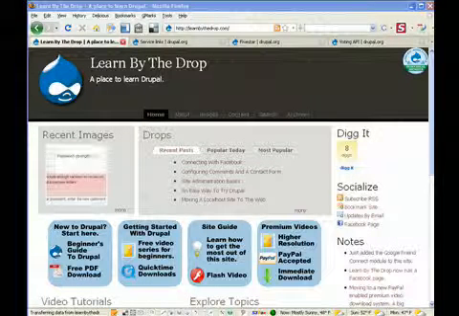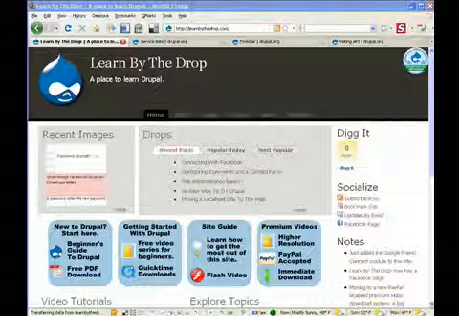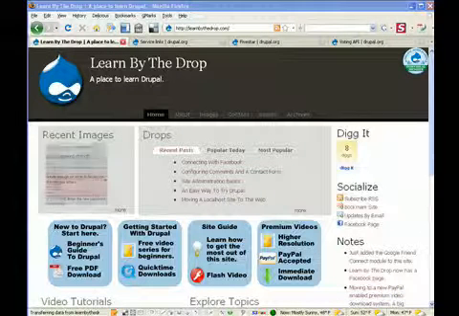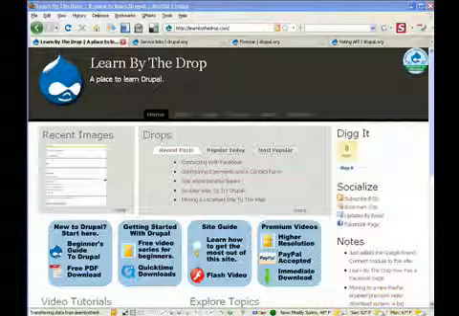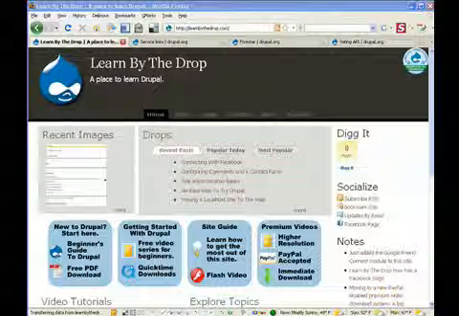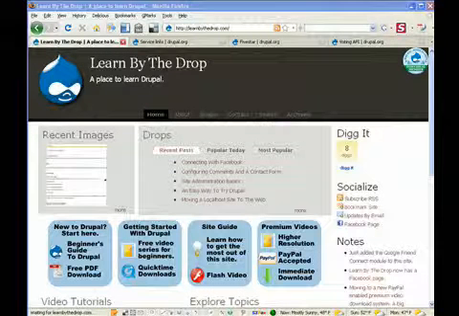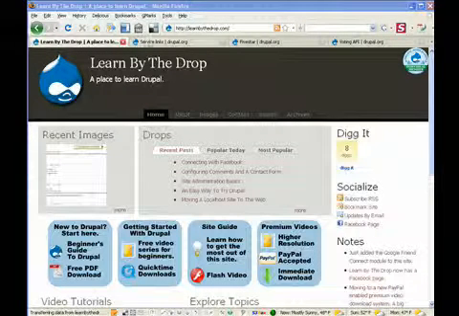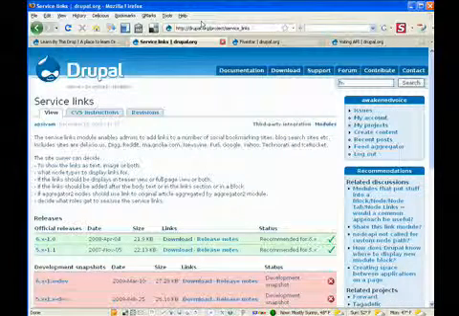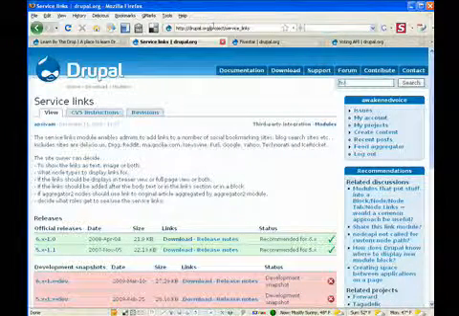And in this lesson, we're going to focus on making your site social by adding sharing links and also ratings to your posts. So in order to do this, we are going to use 3 different modules that you can find on Drupal.org. First one I want you to take a look at is service links, which is at